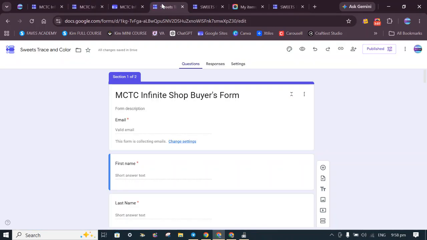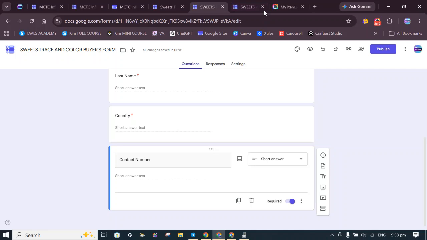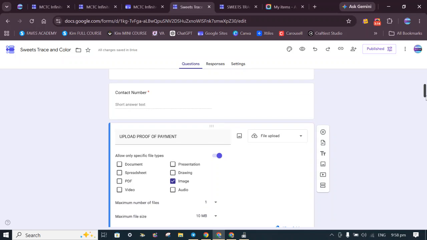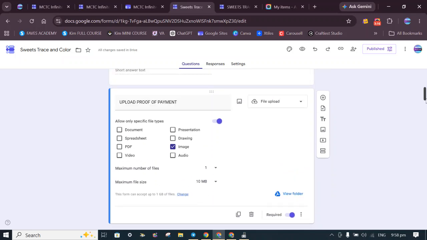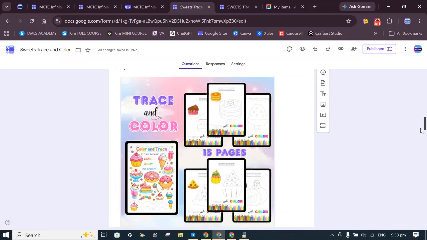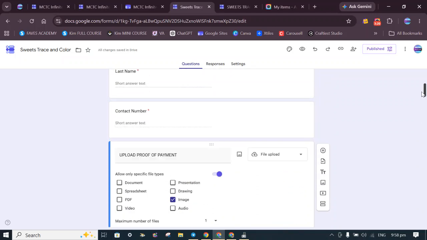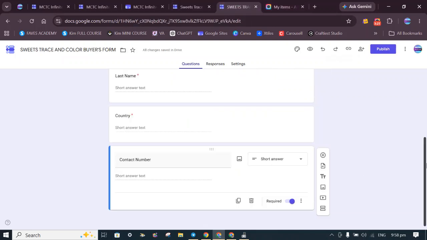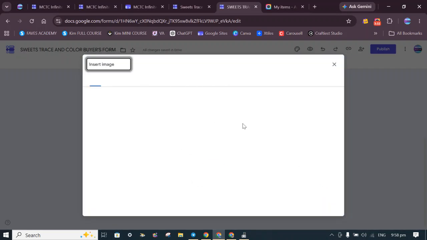And then, here is the sample. I'm gonna X that one. Here you go. And then, let's say you wanted to put the section for the image of the mock-up photo.